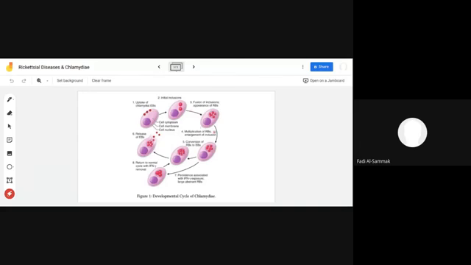Then after that, there will be conversion because of multiplication of reticular bodies, and there will be enlargement of the inclusion, and then the conversion of RBs to elementary bodies. Here there will be conversion, okay? And after that, there will be release of elementary bodies, and these elementary bodies will go and infect a new host cell. And the cycle continues. So this is the cycle of development of chlamydia, which is very important to know.